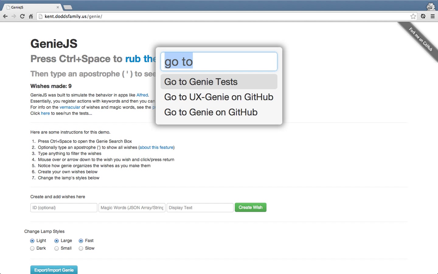So that's basically how Genie works. There's an Angular directive. This whole demonstration was built in Angular, and the lamp is an Angular directive. And so plugging this into your existing app, especially if it's Angular, is very simple. GenieJS itself, the library, has no dependencies whatsoever, and so you can plug that into your app and have any sort of